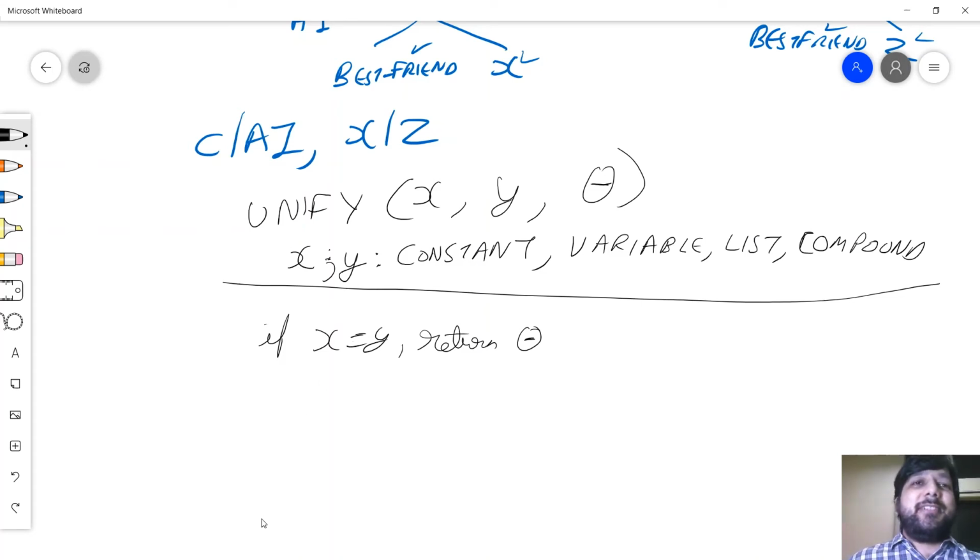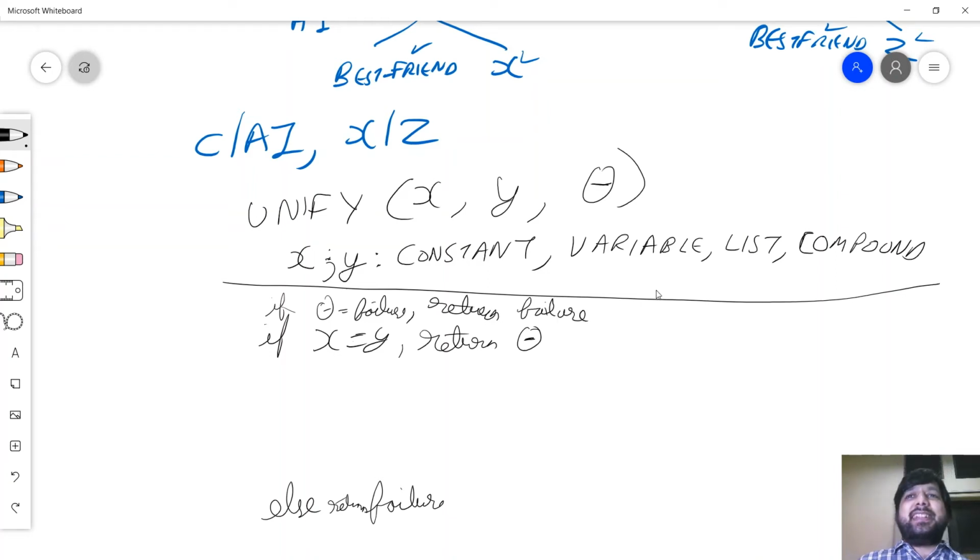Everything else will be failure. So everything else is failure, return. So if it doesn't match, x is equal to y, and some conditions that we'll write for constants, lists, and compounds. And of course, I need to recursively return it up. So if I get a failure, I return a failure.